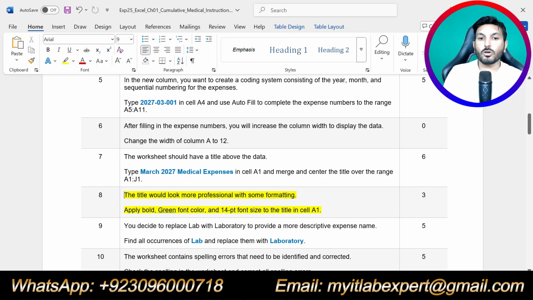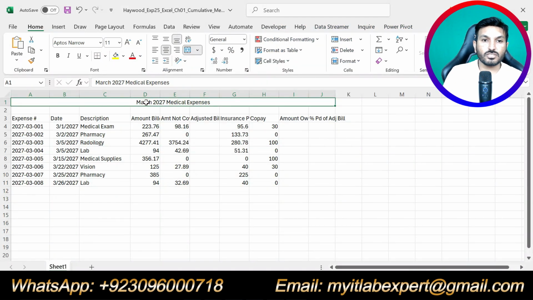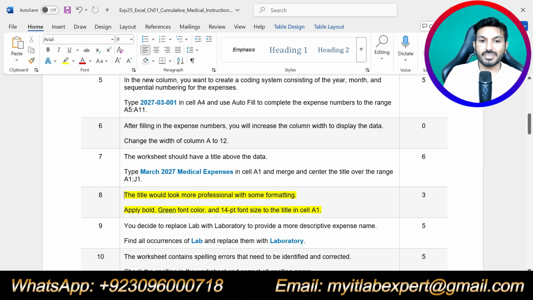The title would look more professional with some formatting. Now we are supposed to format the title that we have just entered. Apply bold, green font color and 14-point font size to the title in cell A1. First we will apply bold to this one, then the font color should be green.